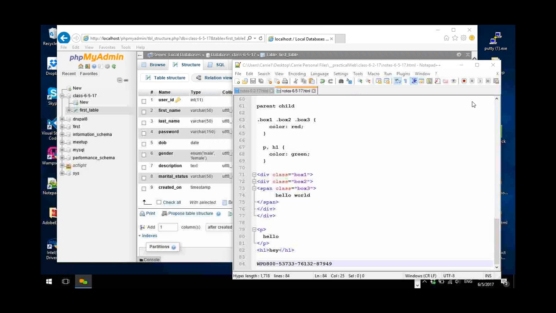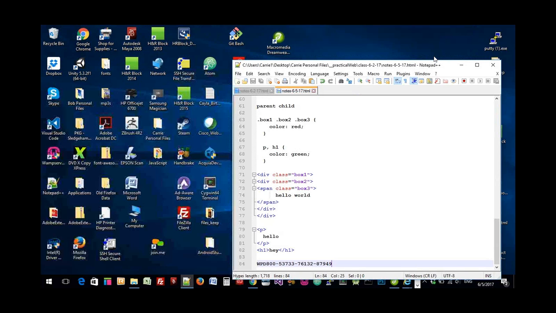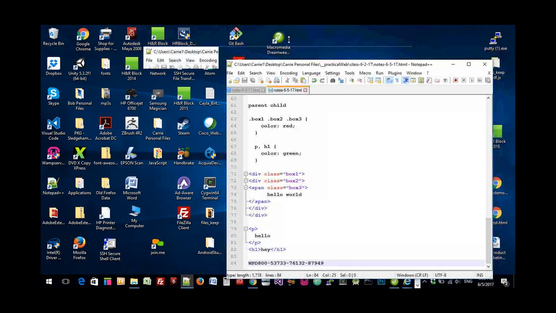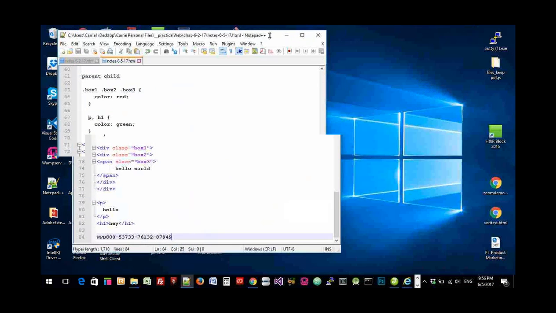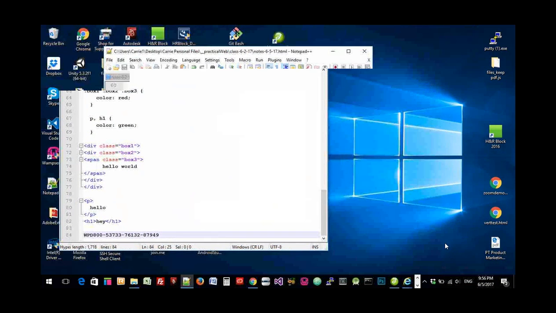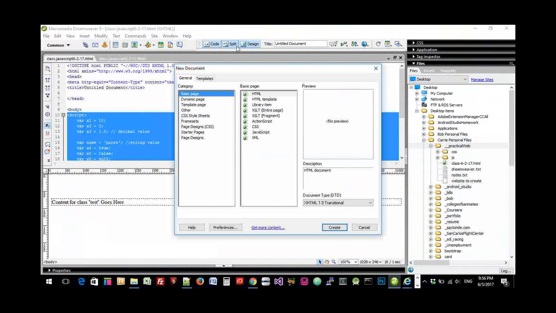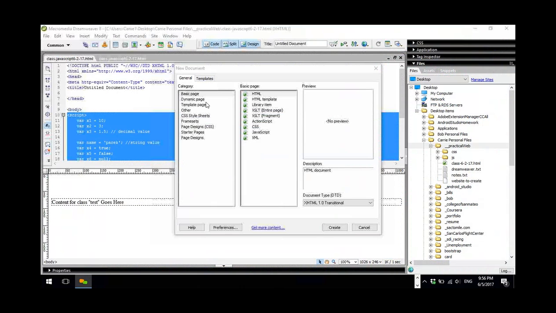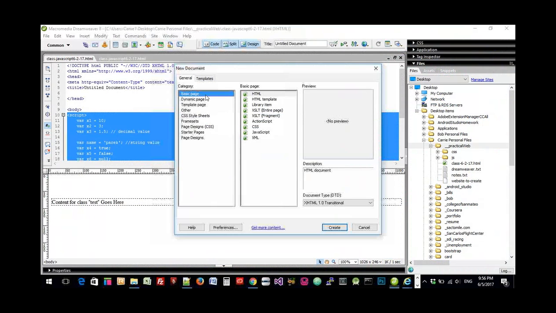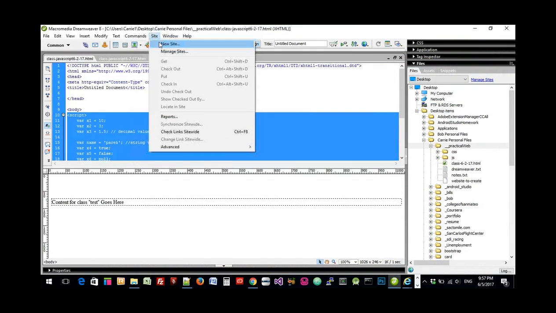Okay, now go to Dreamweaver. Open Dreamweaver. Did you say basic page? No, go to the site, cancel it. New site? Okay, site, new site,